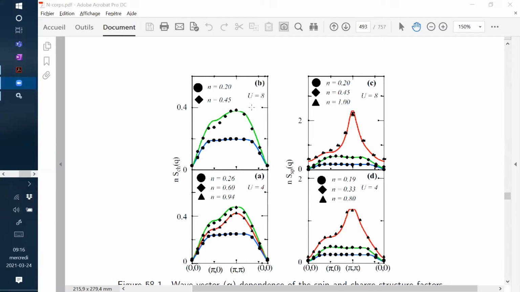You see, if I just use these three equations, and I take U equals 4, for example, here, this is the charge structure factor on the left and the spin structure factor. So what is the charge structure factor? It's just the Fourier transform of Sz of R Sz, that's the spin structure factor. So Fourier transform. In other words, this is like